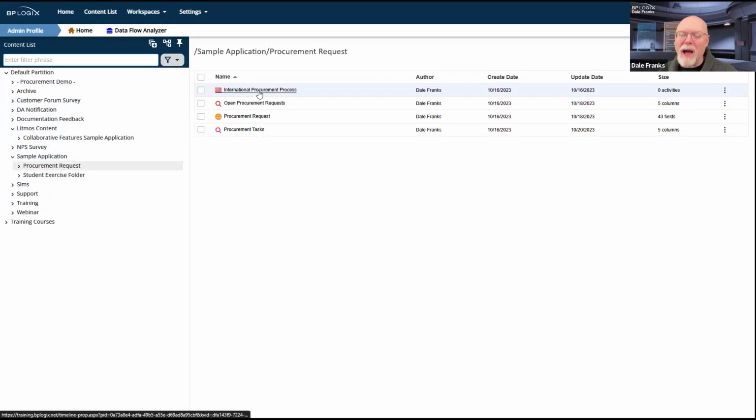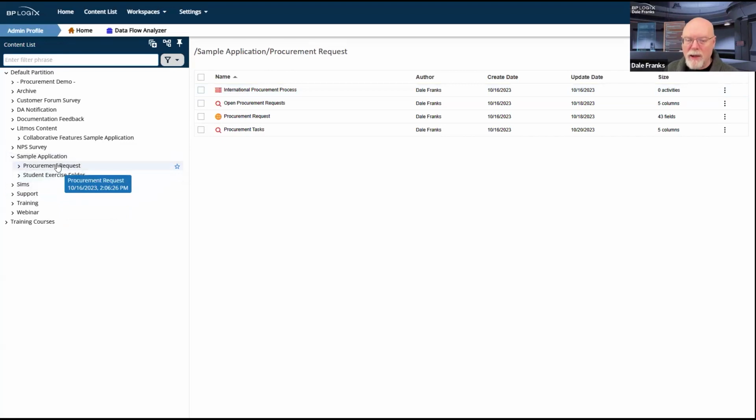And if I navigate on the right, which I just did to go into the procurement request folder, it updated on the left-hand side of the screen to show me that I am now, in fact, in my procurement request folder. So like the old content list, I can navigate on either side of the screen, and I can have the content list pinned. Now, in the new version, the content list is not sizable. So it's going to take up this amount of space. Now, for me, that's usually fine.